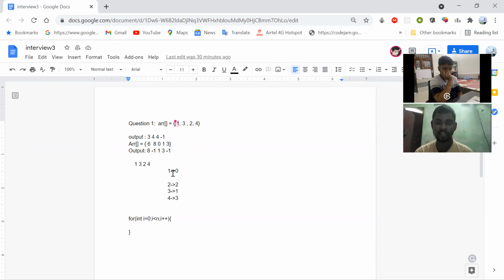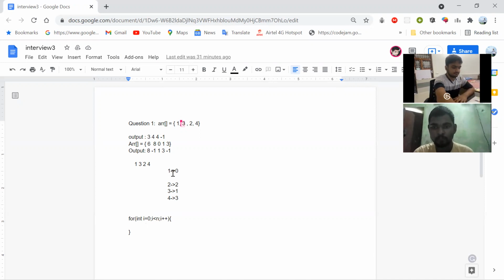If I get it, I'm going to print it out. I'm just going to traverse the right side. We got 3, and 3 is greater than this one, so I'm going to print this into my output. And again, I'm traversing from this 3, and I'm going to search for a greater element than this 3 on the right side. If I get one greater than this 3, I'm just going to print it.